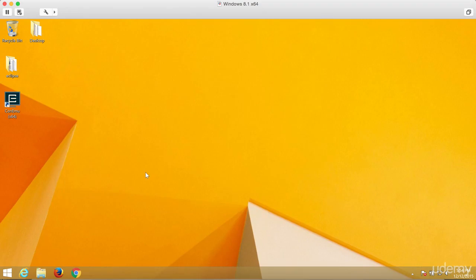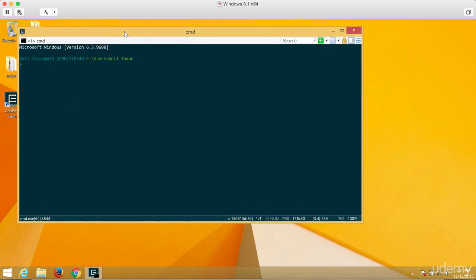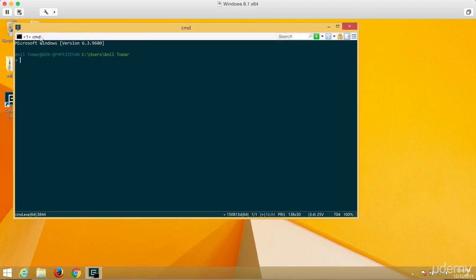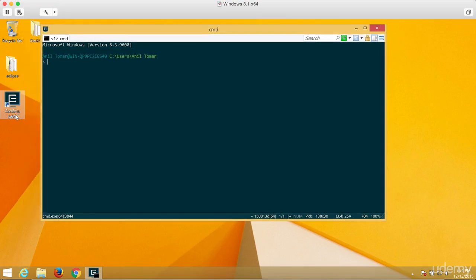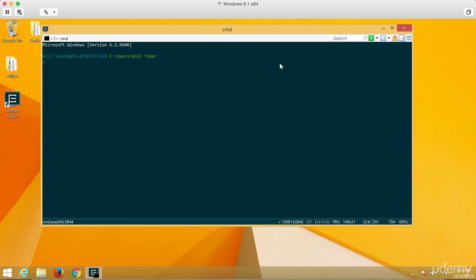What we need to do next is verify it's set. So I'm just going to open my terminal. This is something different, you might not see it on your Windows. It's a different third-party software called ConEmu. If you can see, this is for the 64-bit version. It's more like a Mac or Unix one, easy to type, easy to copy and paste. I like this one. You can resize it if you want. For some reason I don't like the default command prompt of Windows, so I just installed this one. If you want, just install this, it's pretty good.